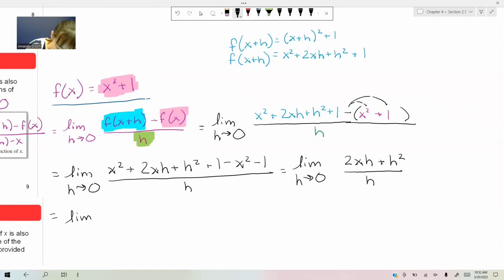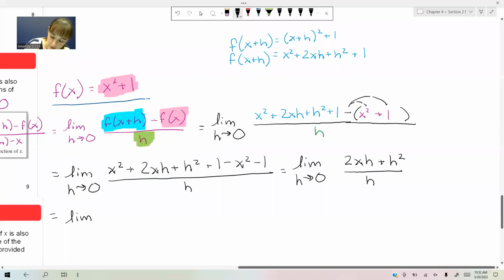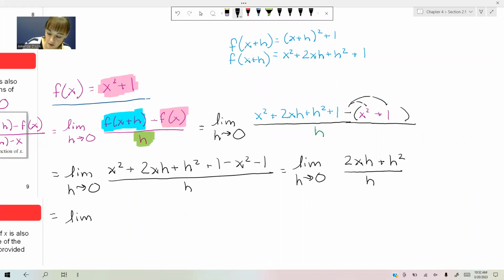So we're still considering the limit. Direct substitution doesn't work for this particular problem. We can't directly substitute 0 because we get a 0 over 0 form. So direct substitution doesn't work, but we're going to see we can still evaluate this limit. And when I evaluate this limit,